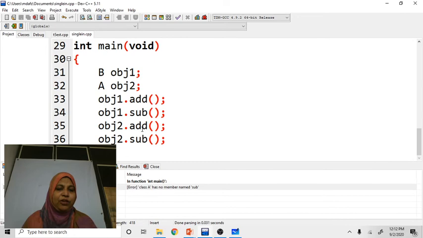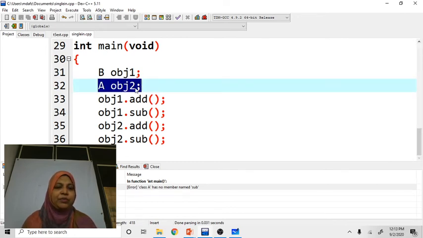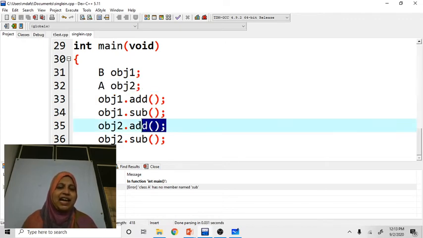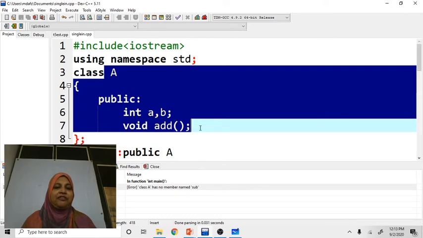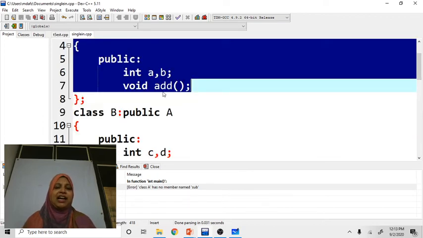Here I am creating the object now. I am creating obj2 for class A. By using this obj2, we can access this add function. Why? Because the add function is present in class A. So by using the object of class A, I am going to access the add function.